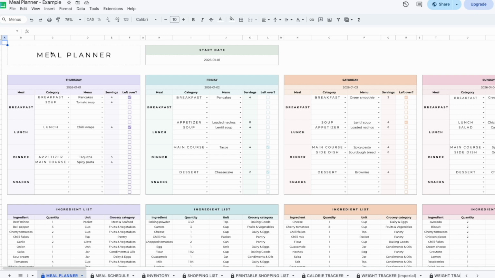So that's the full meal planner and weight tracker tutorial wrapped up. From planning your meals to your shopping list, basically writing itself, to tracking your calories and weight if that's something useful for you. If it's something that would actually get used in your house,